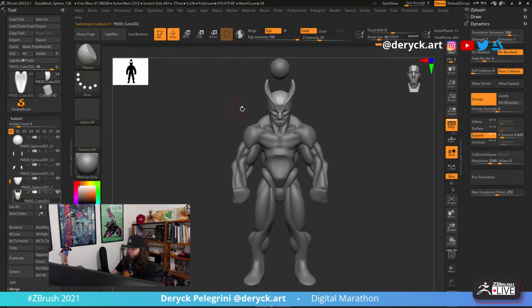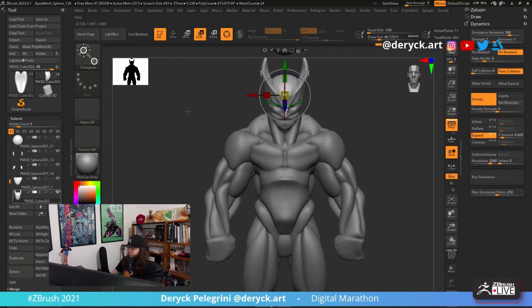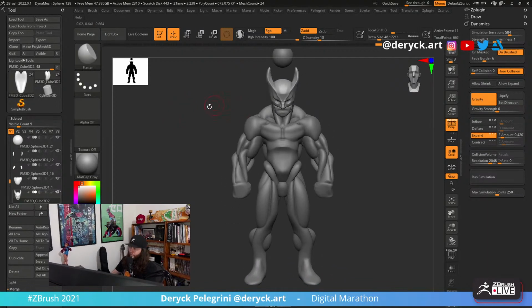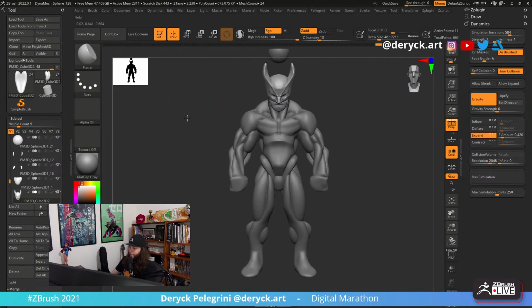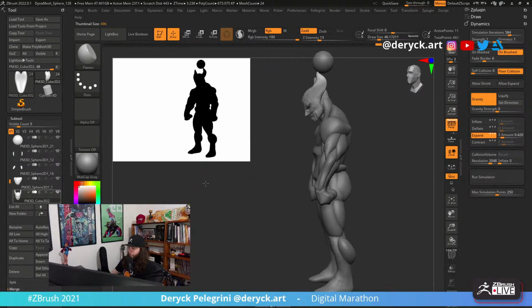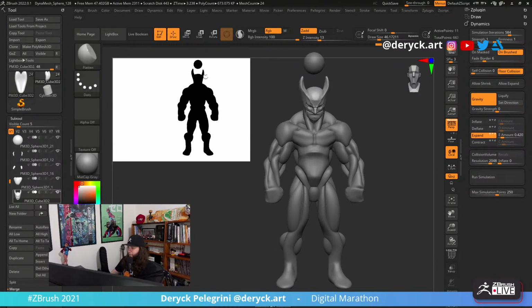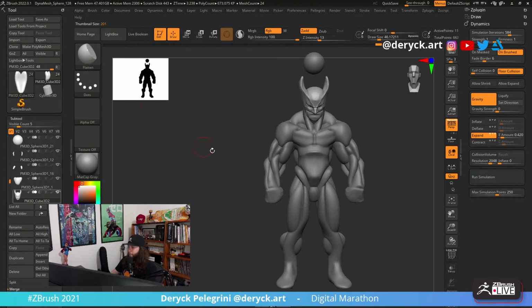The head of the character was a little too big, I guess. It was making him look short. I know Wolverine is kind of a short guy, but I think it was too much. So, yeah. Look how this small detail, the scale of the head, makes a huge difference on the character. If we look here at the silhouette, it can seem like a very small detail, but it makes a huge difference, at least for me.